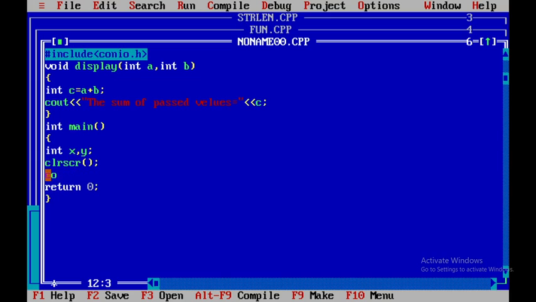Here cout, enter the first number, and that should be stored in x, and cout